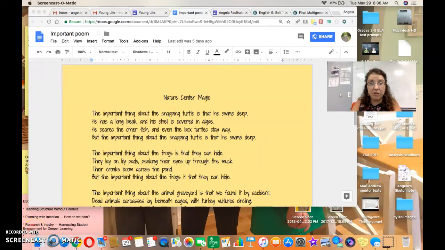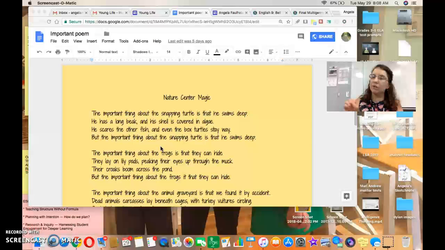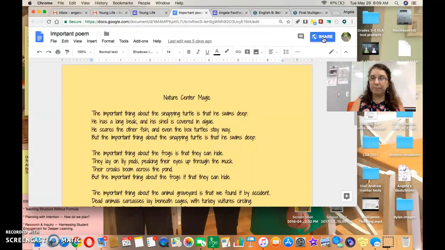Okay, to submit your multi-genre project, you need to do a couple of things. The first thing you need to do is go to all your Google Docs, particularly the ones that you didn't create in Schoology, and you need to change it so that I have access to those. So you go to Share,